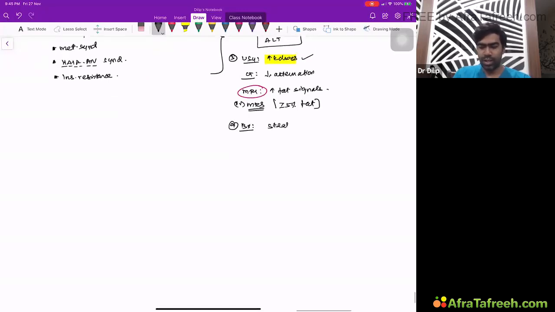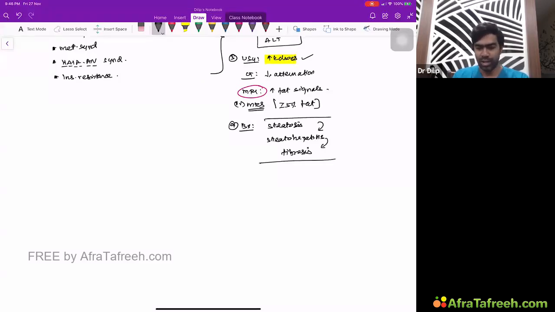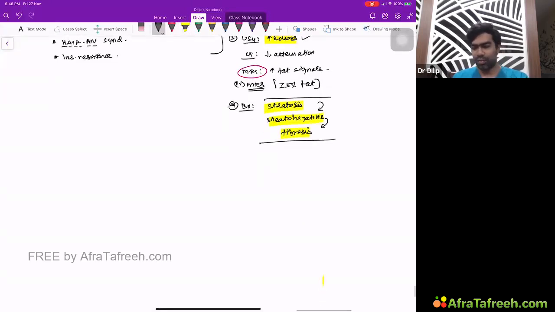Biopsy can show just steatosis. Clear? Just steatosis, that's called a bland steatosis. That is stage 1. Then they can show steatohepatitis. They progress to a stage of steatohepatitis. This steatohepatitis will progress towards fibrosis and cirrhosis over a period of time. All these 3 things can be seen in the same patient. But depending on which is there, if only steatosis is there, that is stage 1. If the patient has steatohepatitis, that is stage 2 or stage 3. If the patient has fibrosis, that becomes stage 4 non-alcoholic fatty liver disease.